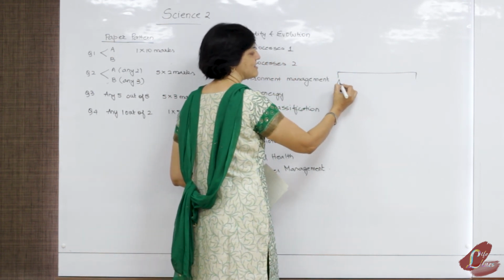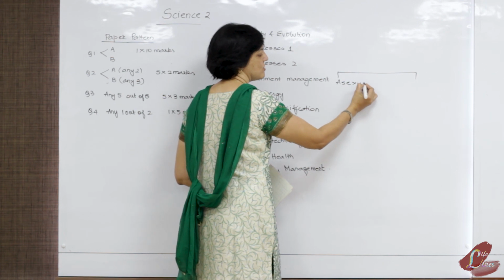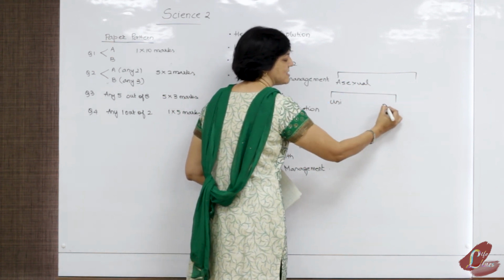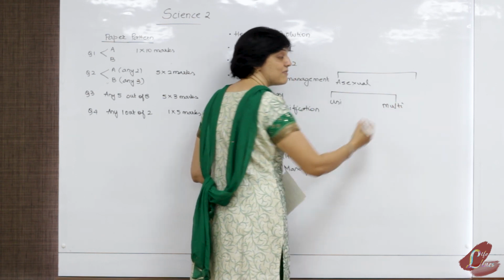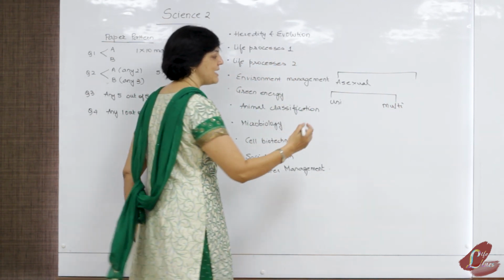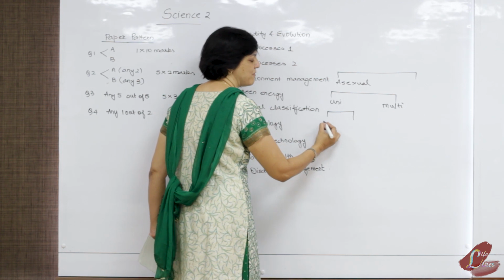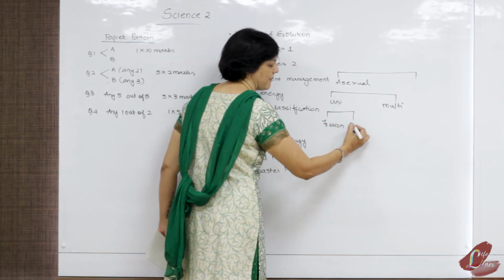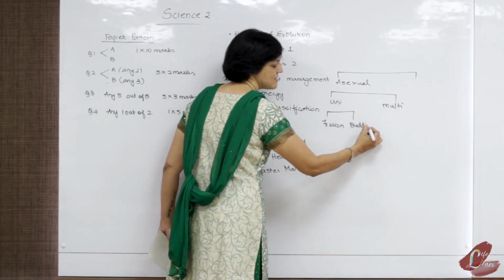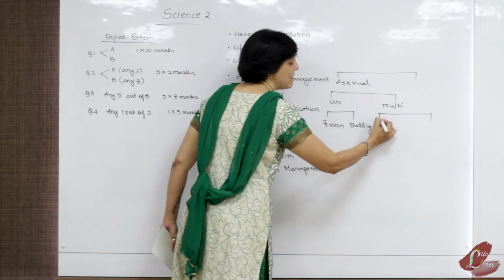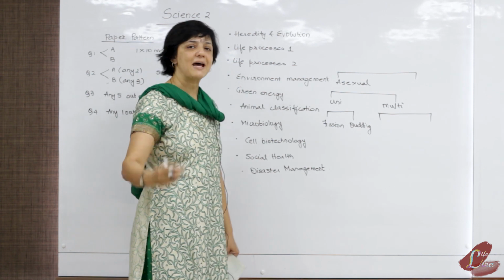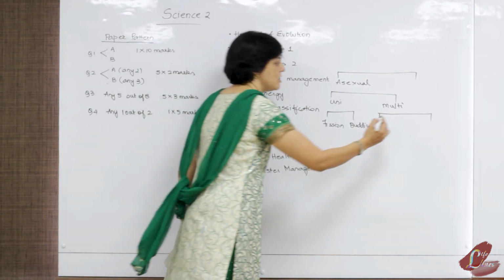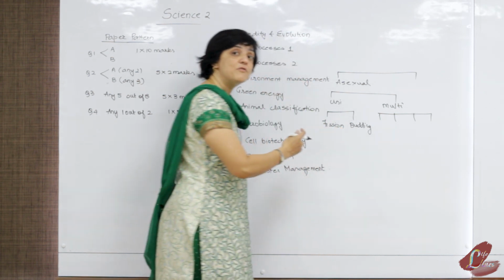So if I have asexual reproduction, can I divide it into unicellular and multicellular? Once I divide it into unicellular and multicellular, in case of unicellular, I'm going to have fission, and I'm going to have budding, right? In case of multicellular, what are the types that I'm going to have? I'm going to have budding, fragmentation, regeneration, vegetative propagation. So I have my 4 types of multicellular